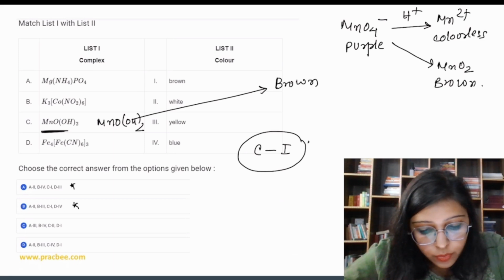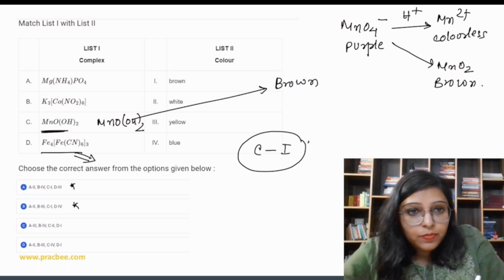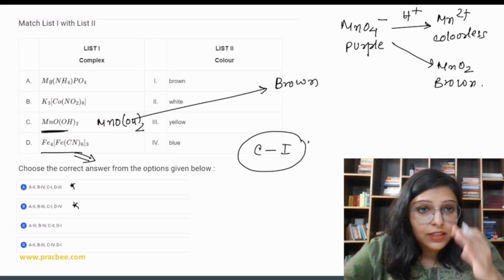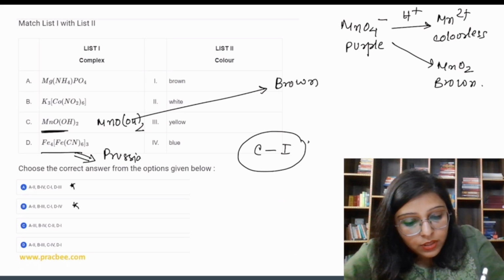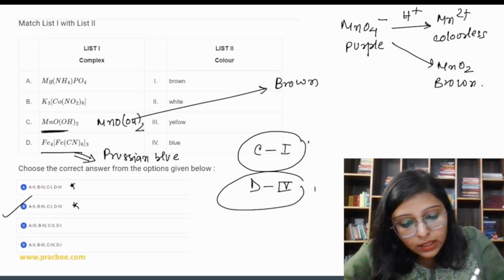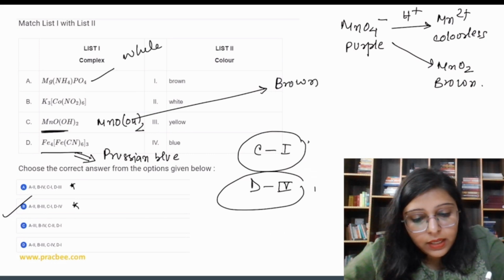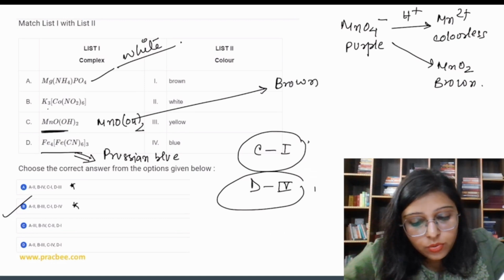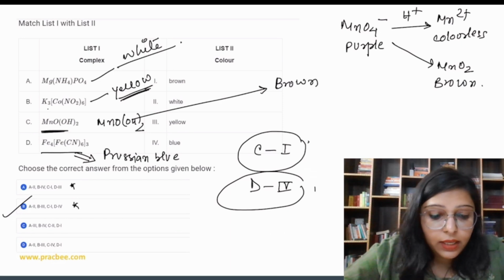Now check the next one. Okay, Fe4[Fe(CN)6]3, that is used basically for detecting the presence of nitrogen in the organic compound, and the color is Prussian blue. So Prussian blue, D can be matched with 4. Now on the basis of that, you can mark the correct option, which is B. Now magnesium ammonium phosphate, that is white in color. Then K3[Co(NO2)6], cobalt, that is yellow. Memory based, completely memory based. Okay. Now next,